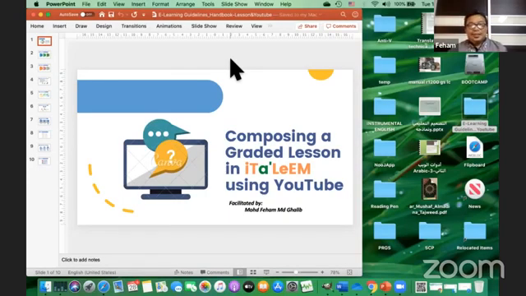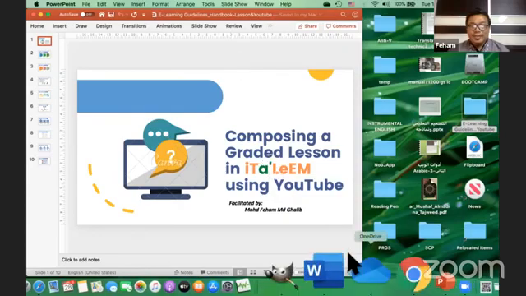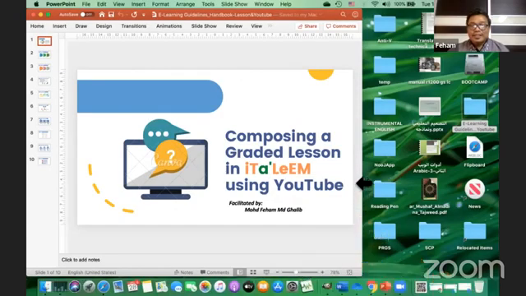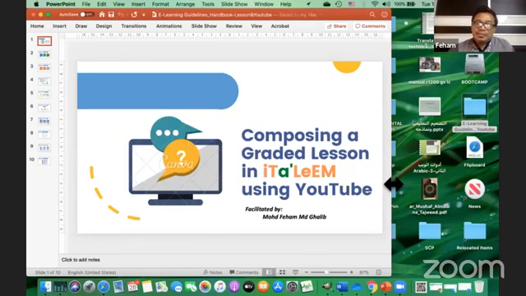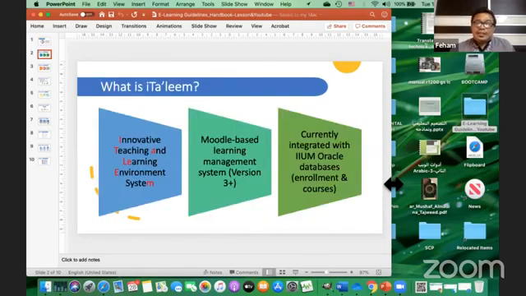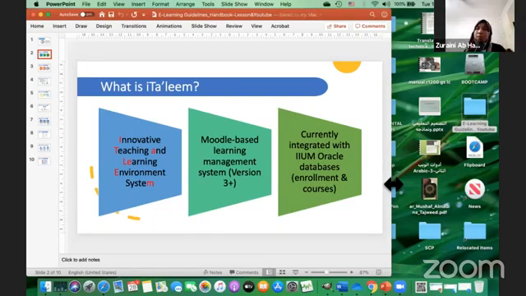There is certain jargon here. For example, for some of you who are not from IIUM, you may be wondering what iTaleem is. iTaleem is the IIUM e-learning platform, which was developed a couple of years back, and it is based on the open source platform called Moodle.